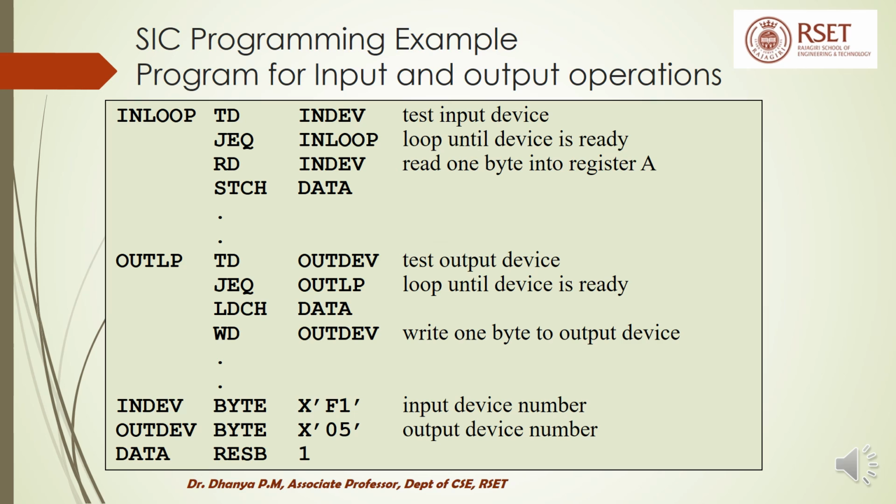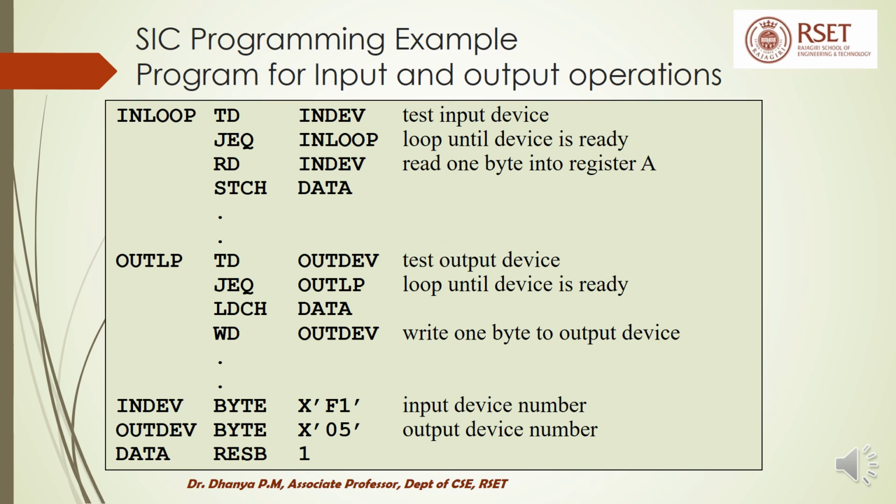From there, it is taken to the memory location data using the statement STCH. The same kind of testing and data transfer is done for the output device also. So we can see TD outdev will test the output device. If it is not ready, it will again jump to the statement for testing the device using the statement JEQ outLP. Once it is ready, it will come out of that loop